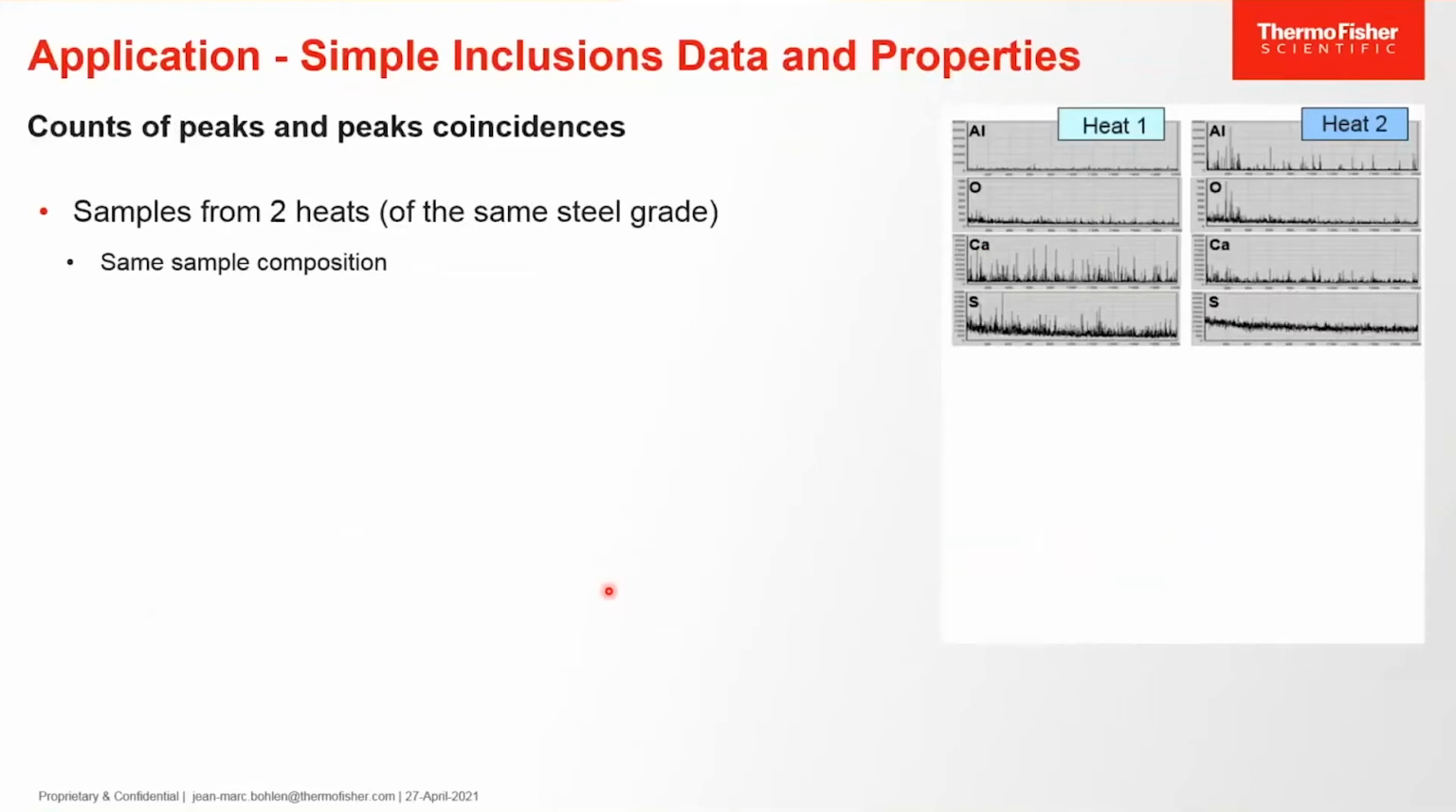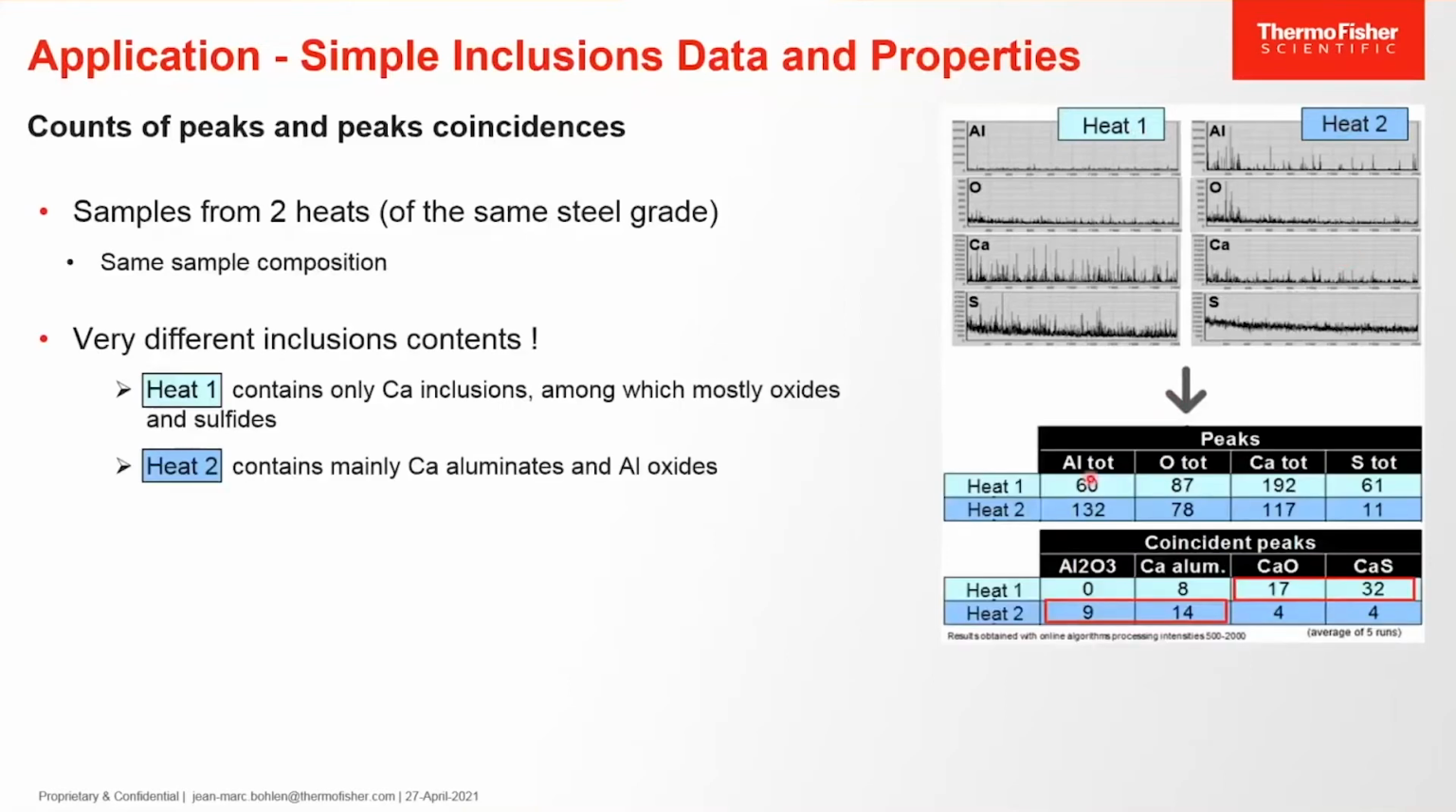In this example, we have counted peaks and peak coincidences in samples from two different heats of the same steel grade. Maybe it is not necessary to mention that if you measure them with optical emission, you would measure the same composition. As you can see in the run charts, the samples of heat 1 and heat 2 have pretty different inclusion content. So by using a very simple algorithm to count the peaks,